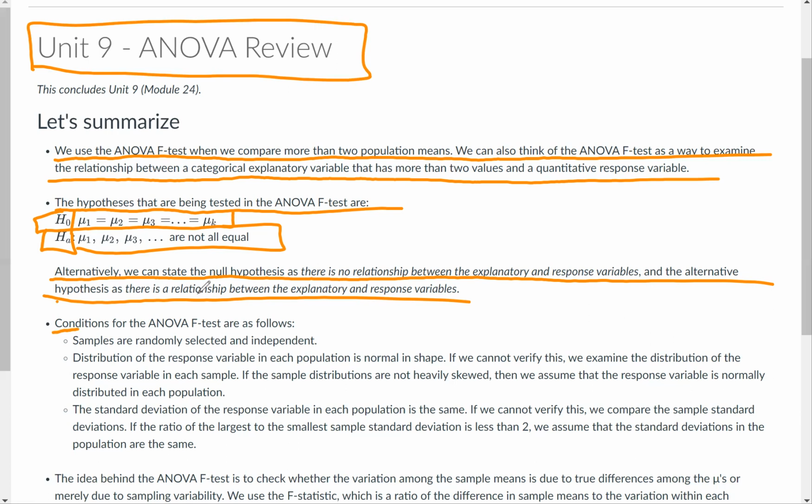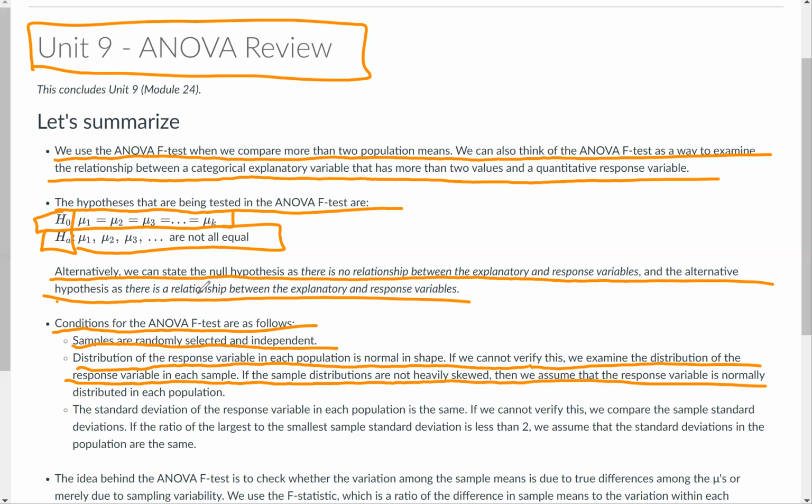Now, we also check the conditions for the ANOVA F-test. This is important. It's almost the same, but there's one extra condition. First, the samples are randomly selected and independent. That's the same condition we've seen before in previous modules where we have only two mu's that we're comparing. Also, the distribution for the response variable in each population is normal in shape. If we can't verify this, we examine the distribution of the response variable in each sample. If the sample distributions are not heavily skewed, then we assume that the response variable is normally distributed in each